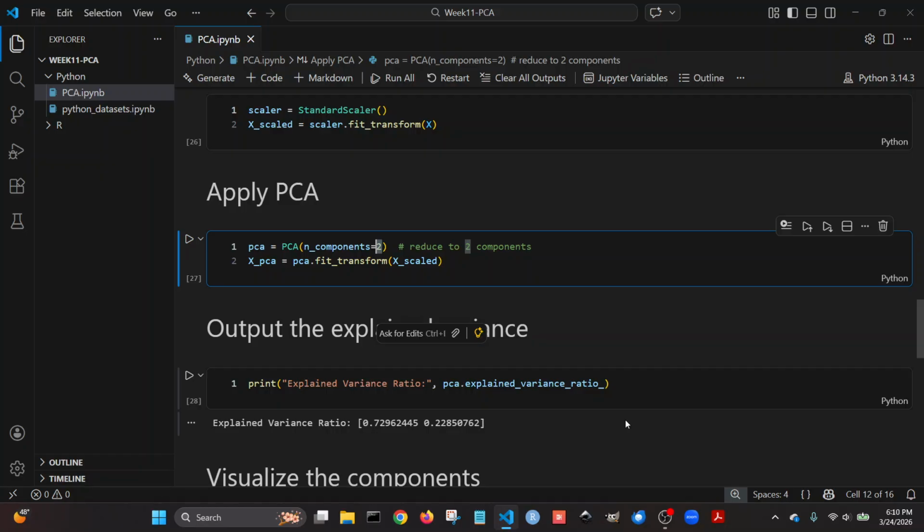Okay, and so when we talk about the explained variance of the data, what that's doing is it's telling us how much of the original data's total information is captured by each principal component. Since we indicate that we want to reduce it to 2, there's going to be 2 principal components. They're going to be labeled PC1 and PC2. But this explained variance ratio will tell us how much data of the total data set is retained by each